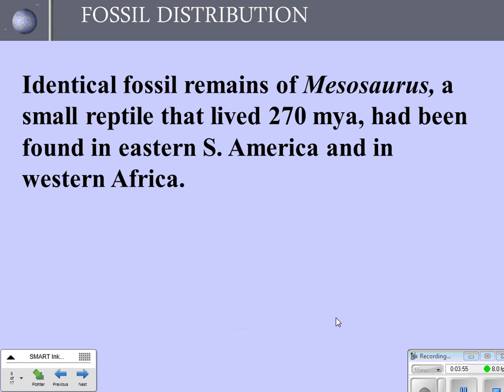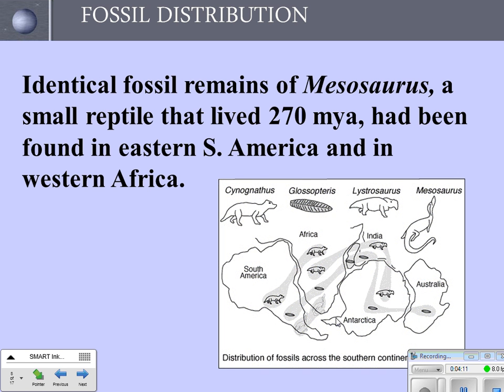A little bit more about fossil distribution. Identical fossil remains of Mesosaurus, a small reptile that lived 270 million years ago, have been found in eastern South America and in western Africa. So when you look at this map,